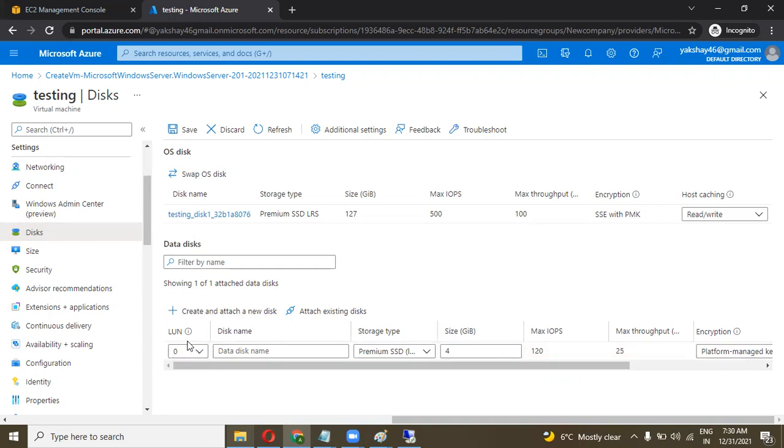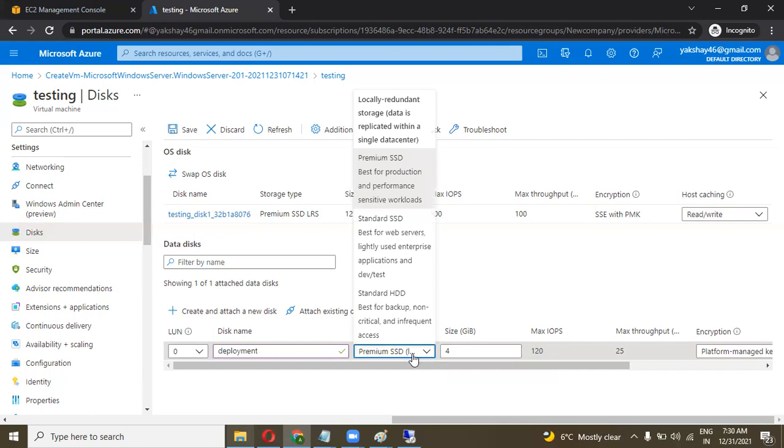No need to customize this version. Always it is Learn 0. You can give the disk name, like I am giving for deployment. I can select the storage type, Premium SSD.